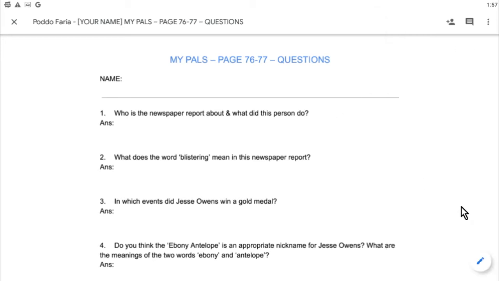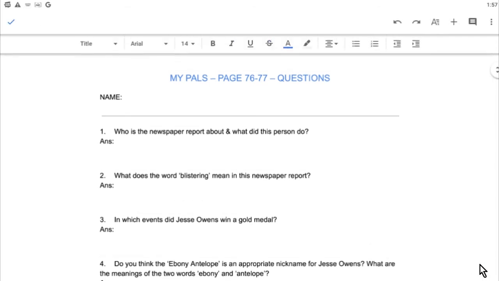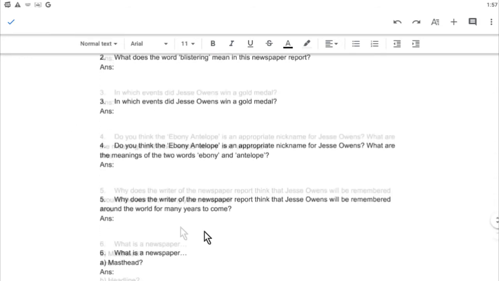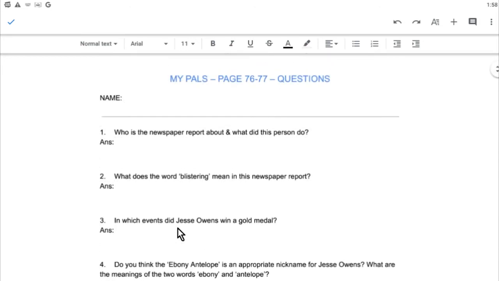And lastly, over in the bottom right corner you'll see a little edit icon. In some phones this edit icon may be up here. It'll be a pencil. Either way, look for a pencil. Once you have spotted your pencil icon, you have to click on it. Once you click on the pencil icon, now you are able to edit your document. Here you can change any of these words you want, though I don't recommend that, so that I can have your answer clearly.